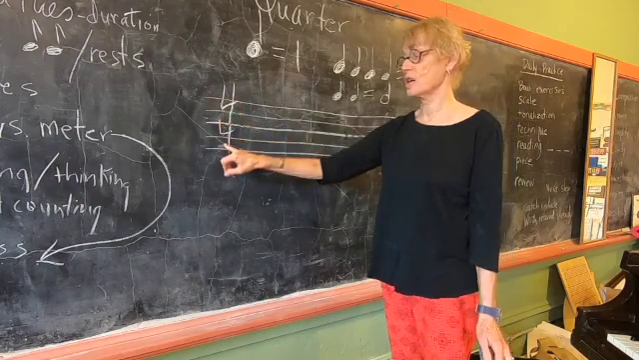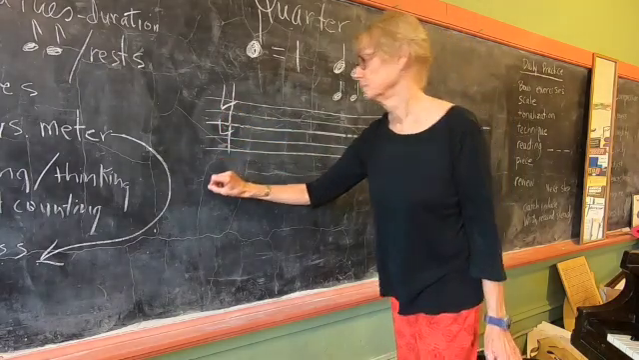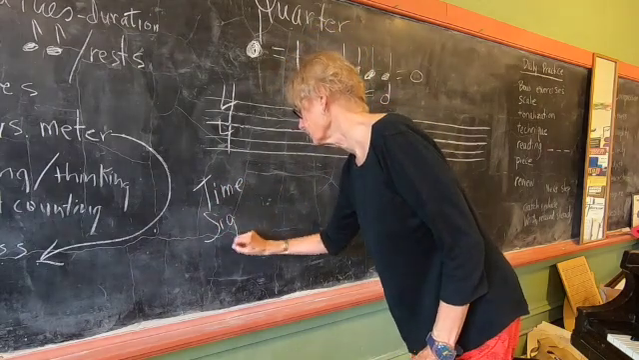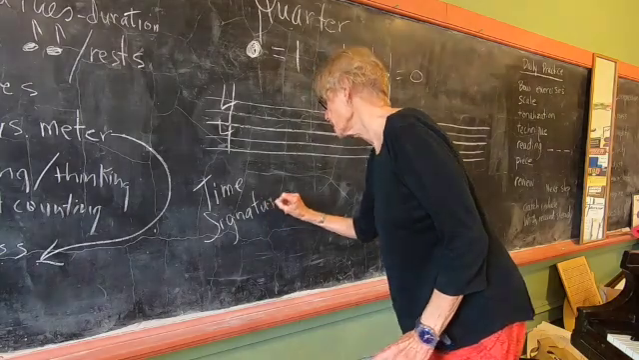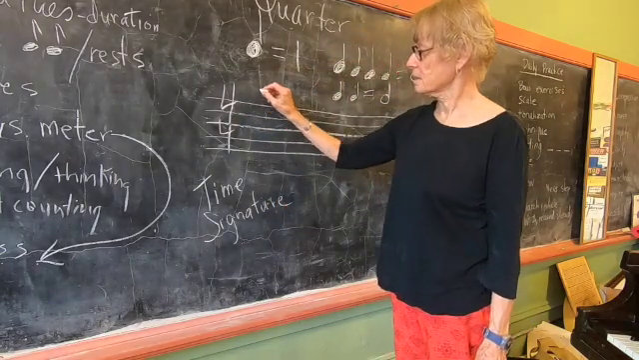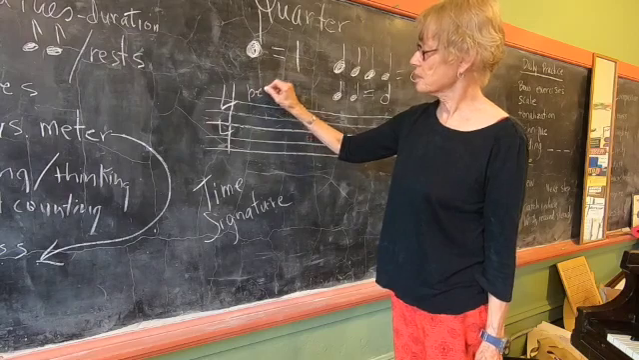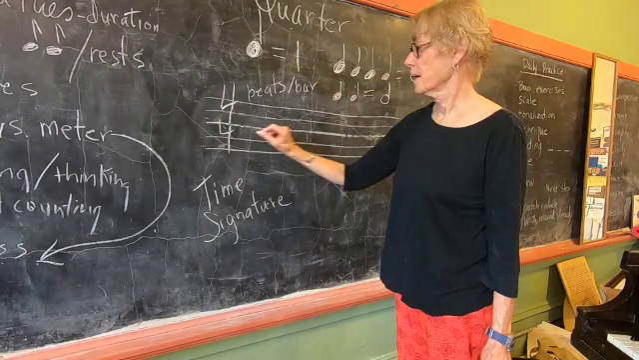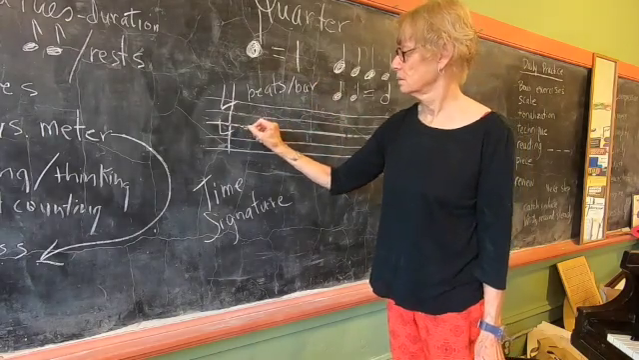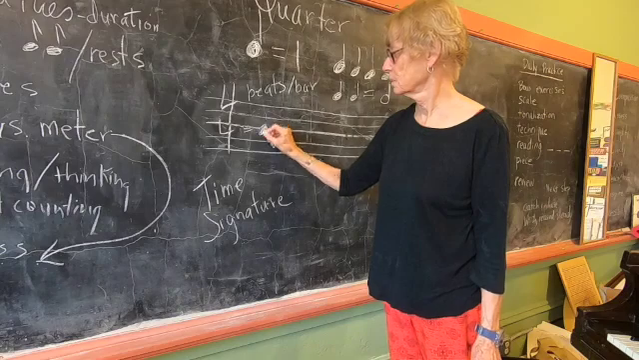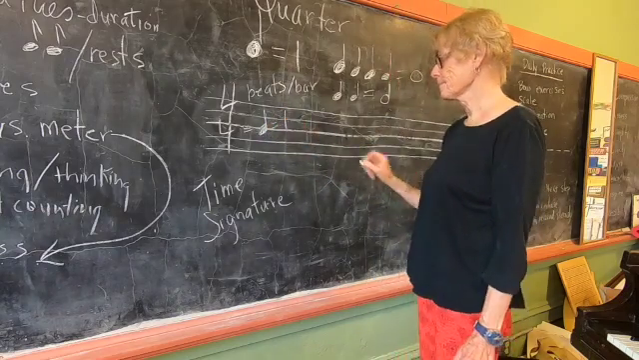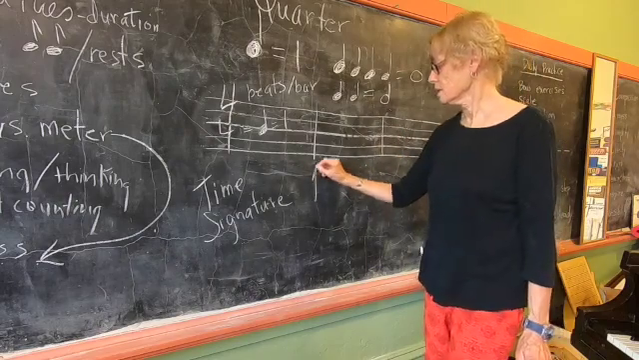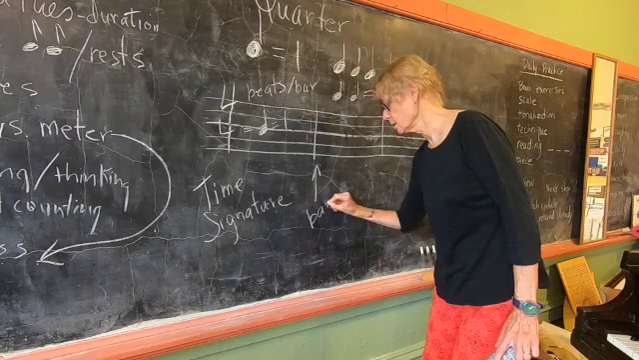This is called your time signature. In this case, it's 4 beats, 4/4 time, 4 beats per bar, and the quarter note equals 1 beat. These are bar lines,